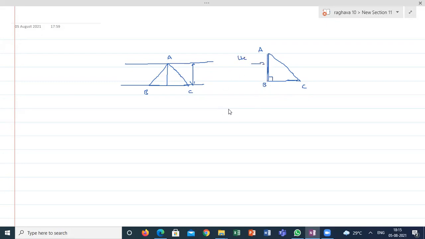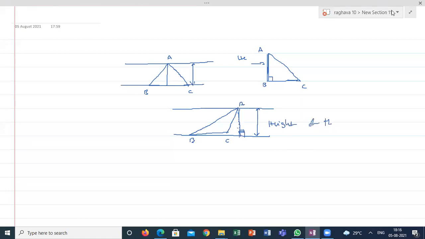Suppose I am taking a triangle like this. Here, the vertical will never meet the opposite side. So according to the basic definition of height, I take two parallel lines at the vertex and at the base, and the distance between them is the height. If you drop a perpendicular from the vertex to the opposite side, the length of that line from the vertex to the opposite side is known as the height of the triangle.